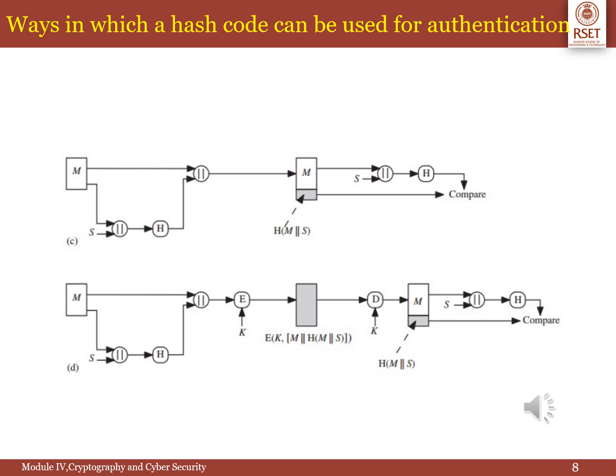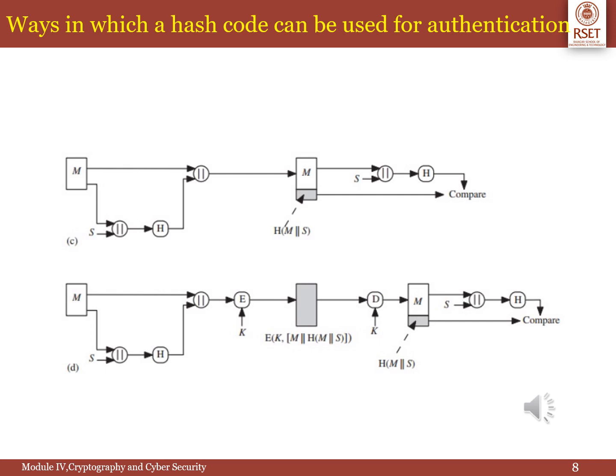The technique assumes that the two communicating parties share a common secret value S. A computes the hash value over the concatenation of M and S and appends the resulting hash value to M. Because B possesses S, it can recompute the hash value to verify. As the secret value itself is not sent, an opponent cannot modify an intercepted message and cannot generate a false